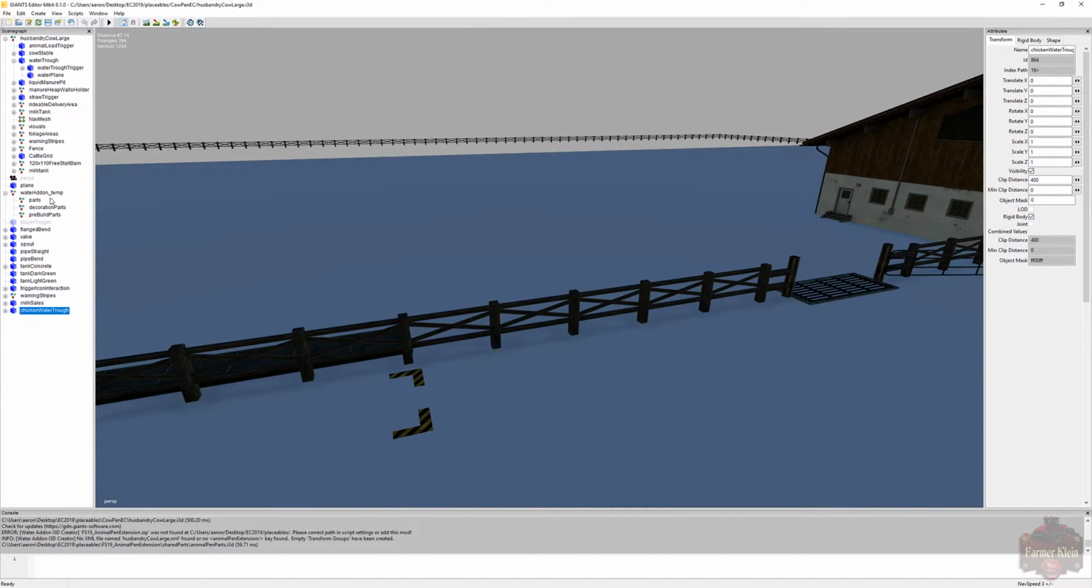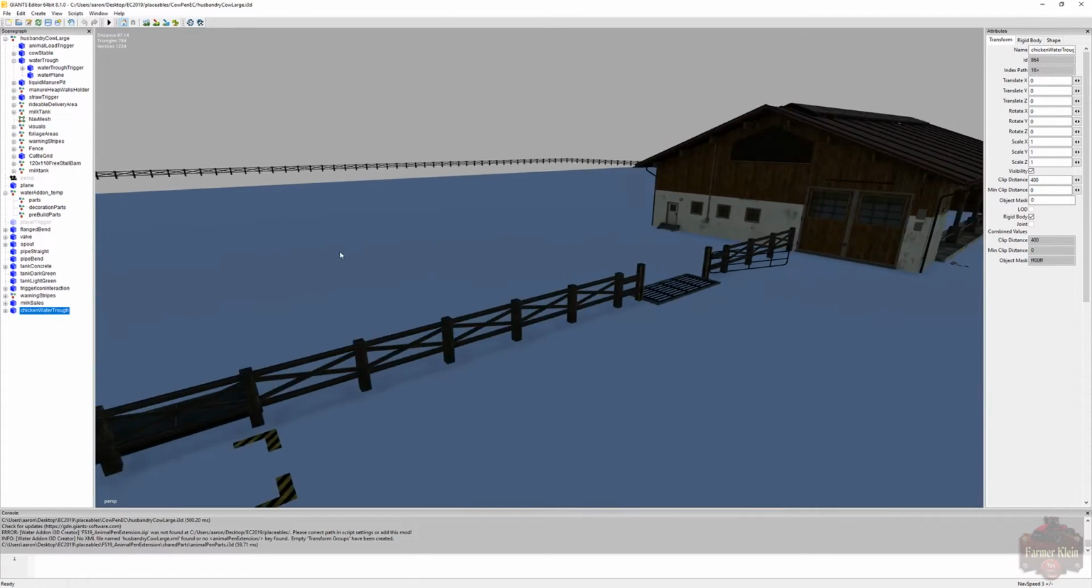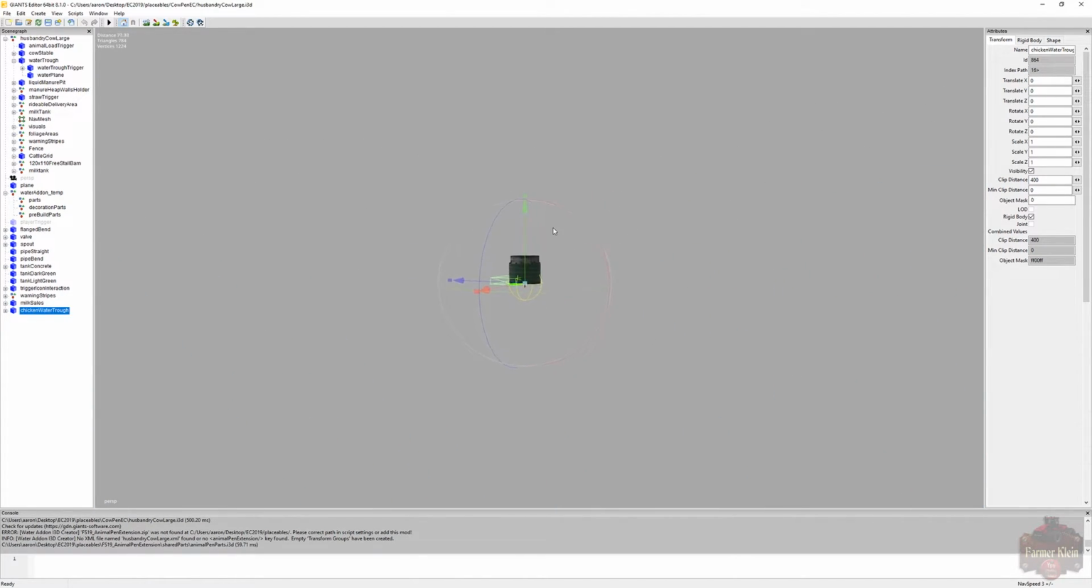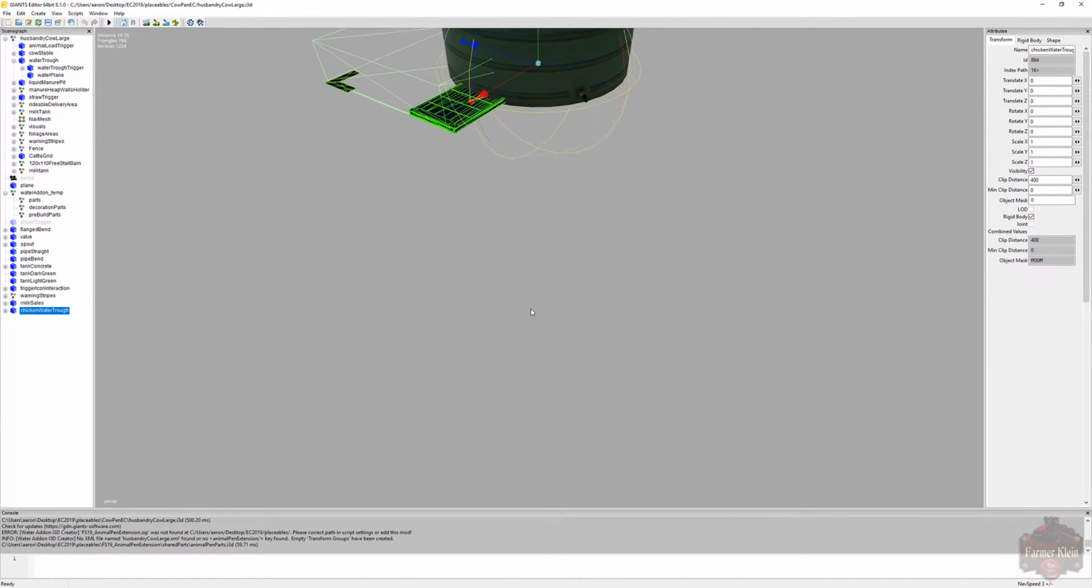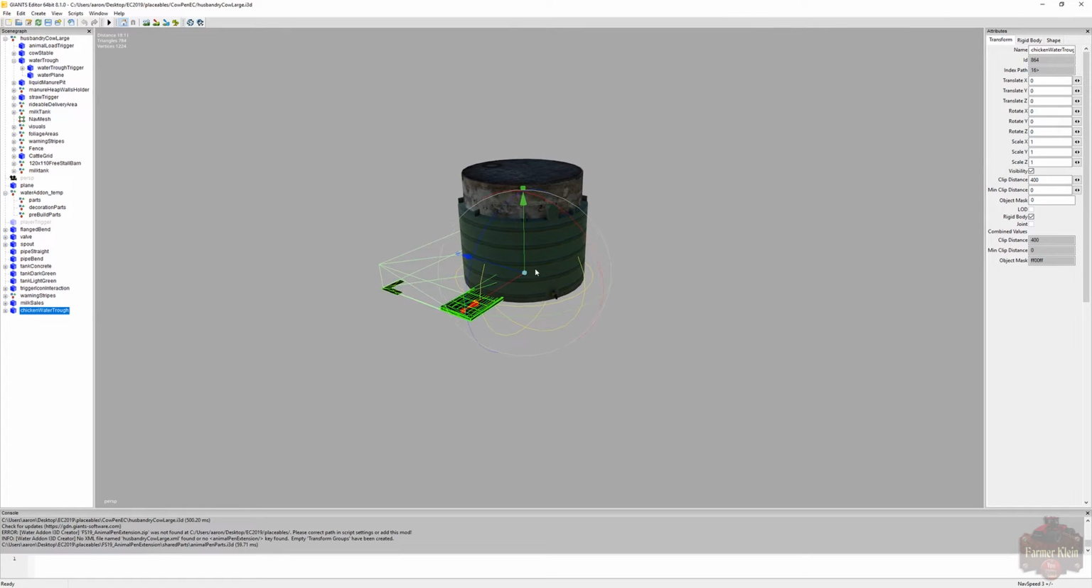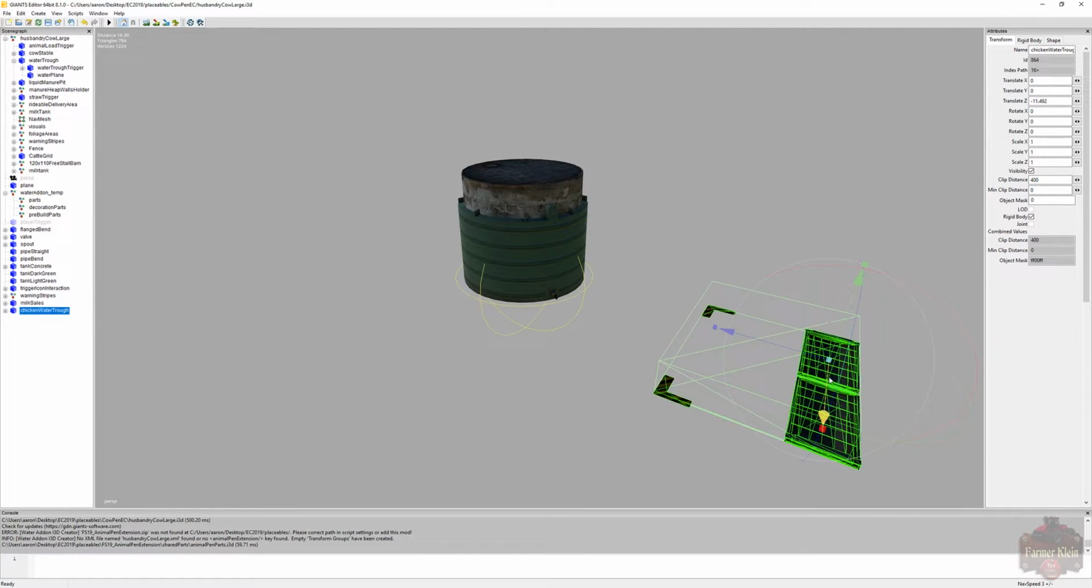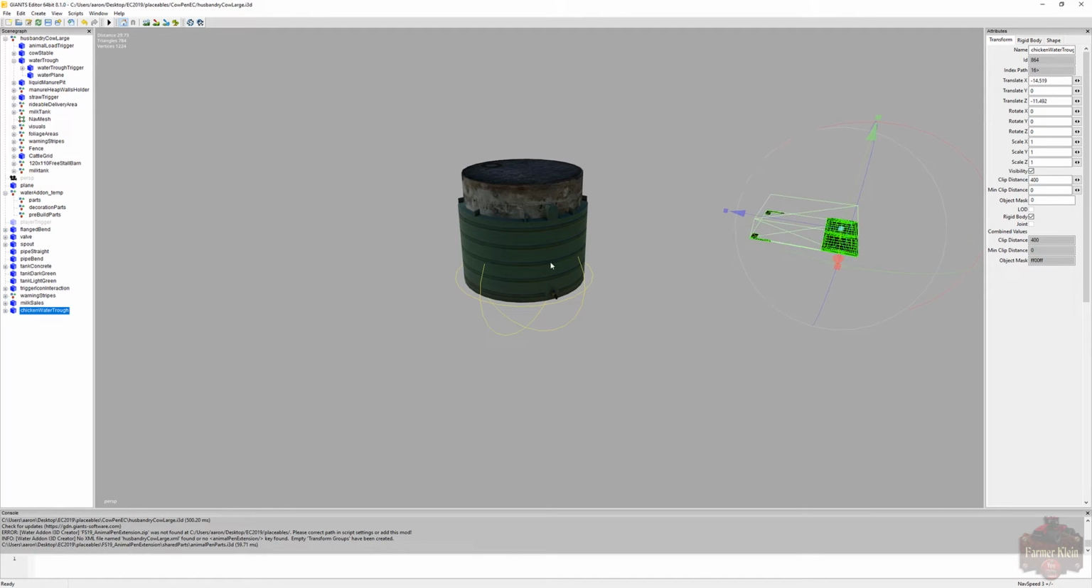Now we have a whole bunch of items that have been added to our scene graph. Fly over here, we'll see them all kind of stacked on top of each other. Let's separate them out. So we have the chicken trough area. We're not going to use that